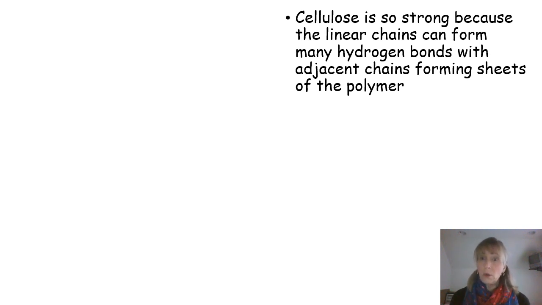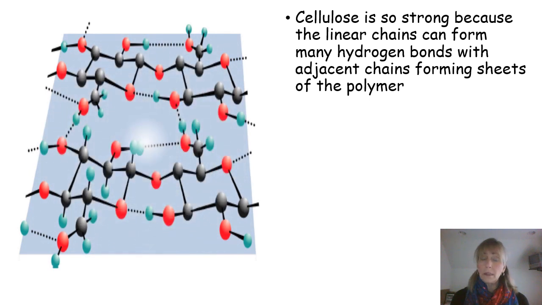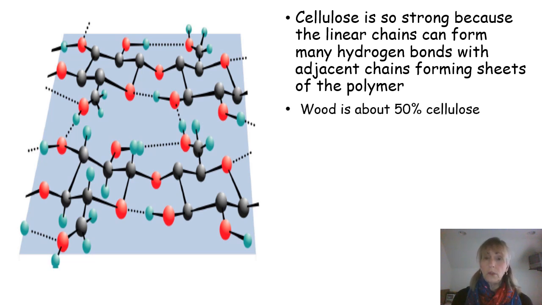And when they do so, what happens is you end up with sheets of the polymers. Right, something like this. All right, so here we see chains, right? Okay, and in a chain we can see hydrogen bonding occurring, right, between the hydroxyl groups, and that gives cellulose its strength. Wood, right, is about 50% cellulose, and wood is pretty strong. Okay,